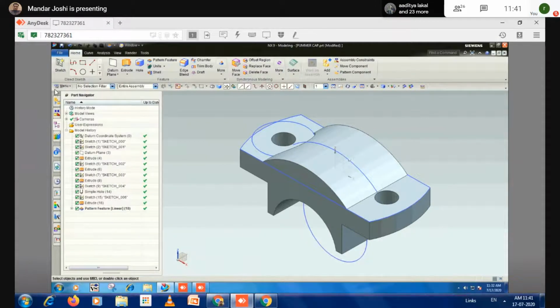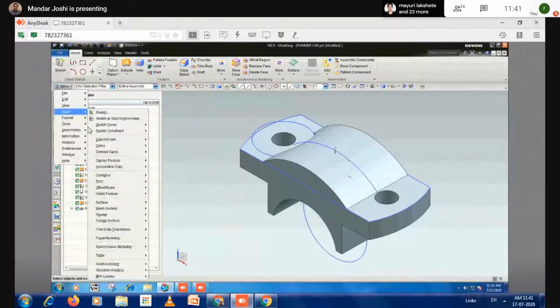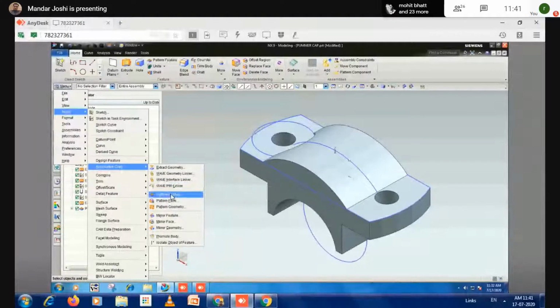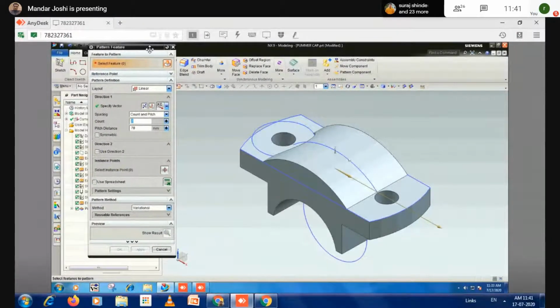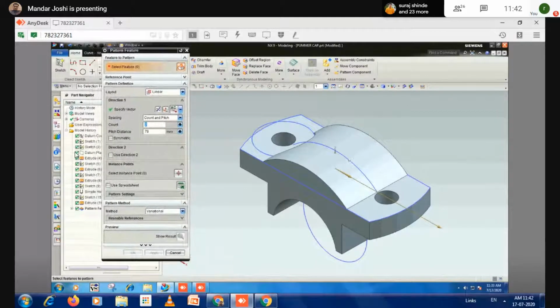Similarly, one more pattern you have to build. Insert, associative copy, then pattern feature. Okay, then select the feature. What is that feature? This is X2 16, and that direction is again XC. Spacing is how much?